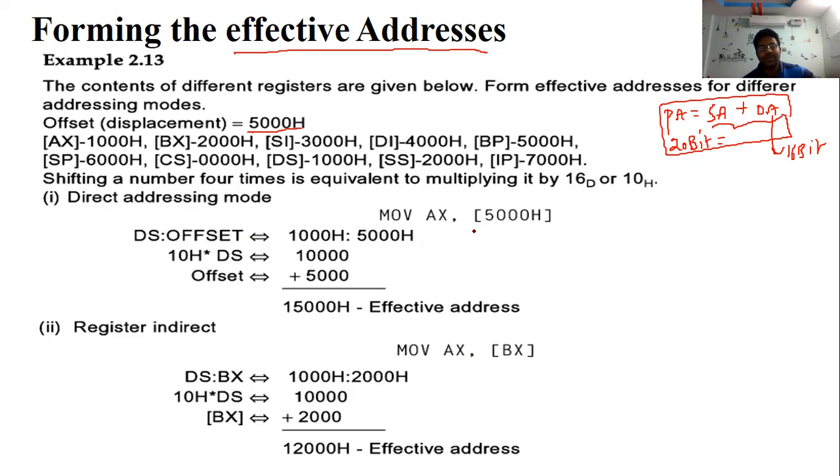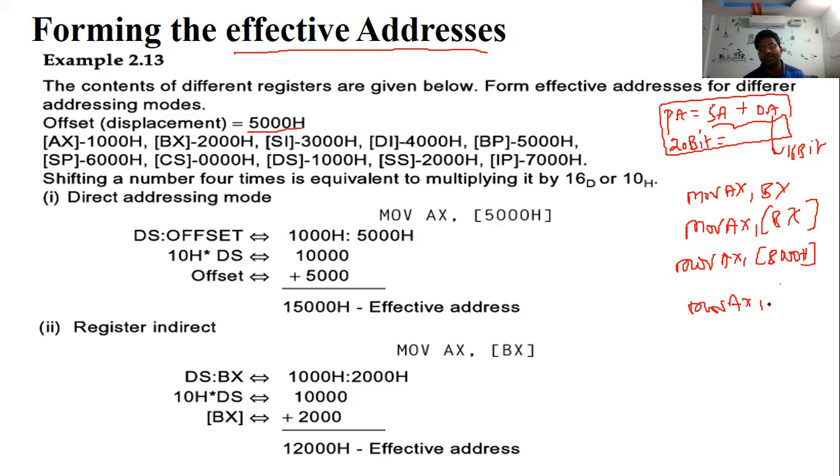For this offset address, suppose I write the program like MOV AX, BX, or MOV AX with BX in indirect, or MOV AX with a direct address such as 8000 H, or MOV AX with an index pointer, or MOV AX with a relative address with displacement, or again MOV AX with some 15 plus source index or destination index. For these instructions,